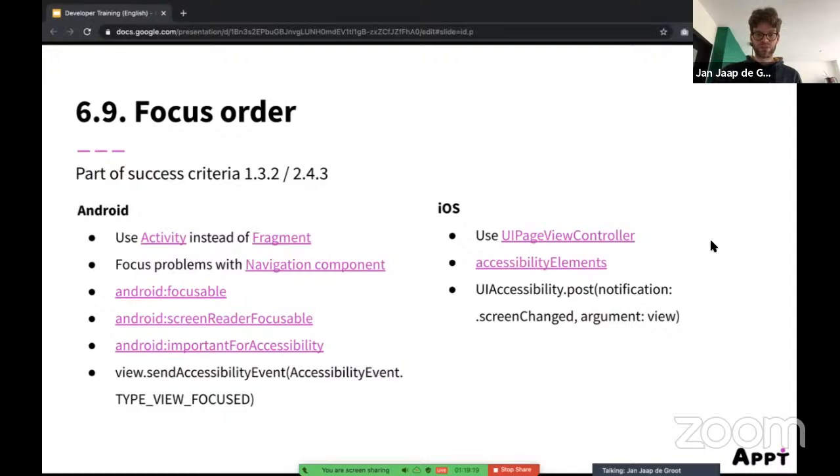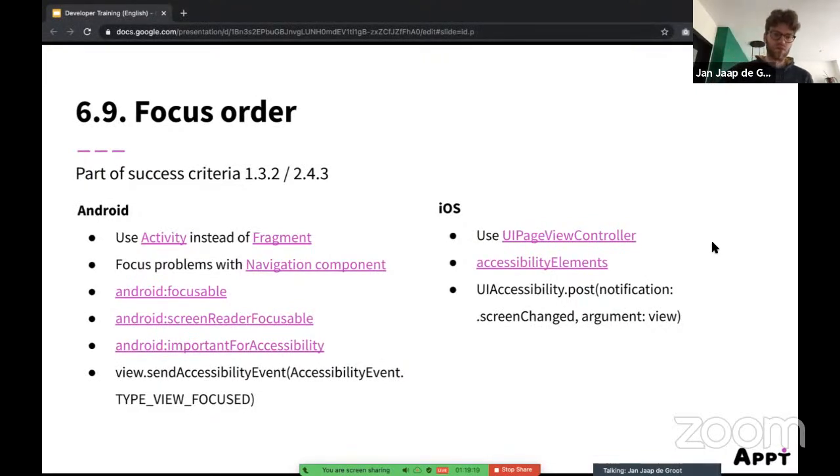Personally, if accessibility is really important to you, I suggest you to use activity where possible instead of using fragments, because whenever you push a new activity, the focus management just goes a lot better than fragments. I think Android or Google themselves, they suggest to use fragments for everything, but for accessibility, my personal opinion is that activity usually works better.